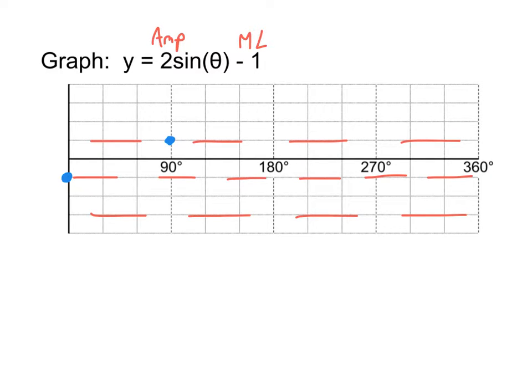And again, just like with cosine, I can generally get away with just plotting the points at 90-degree intervals. If you want to plot other points in between, like the 1/2 or something like that, you can. But I'm not going to. But it can help you be a little bit accurate if you're having trouble getting the curves to look good. All right, so I just started at the middle. I went to the top. Well, I remember my pattern: middle, top, middle,